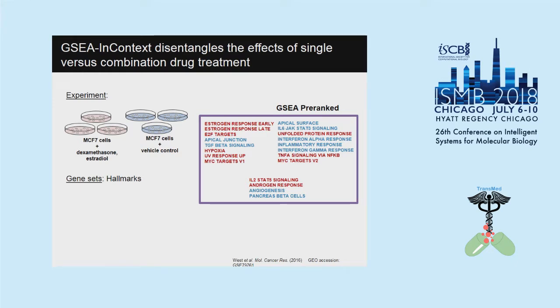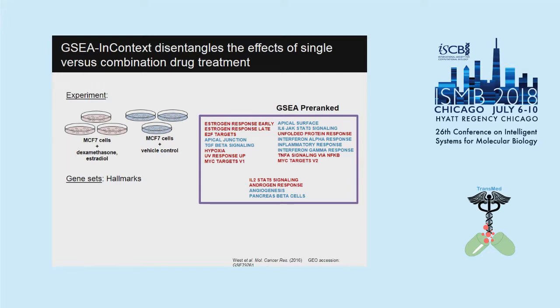So I wanted to highlight two specific examples, because we really think the power of this approach, in terms of the example that I just showed you using the entire background set of experiments, is that we can target the background set to really address a question that we're interested in. So one common task in the field of pharmacology is to understand the effect of a small molecule drug on